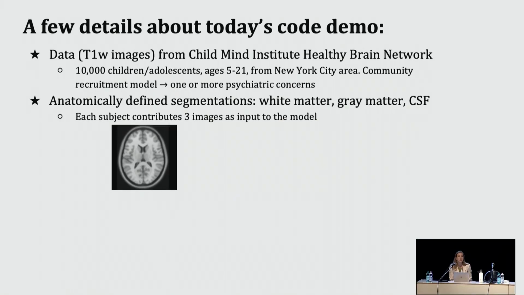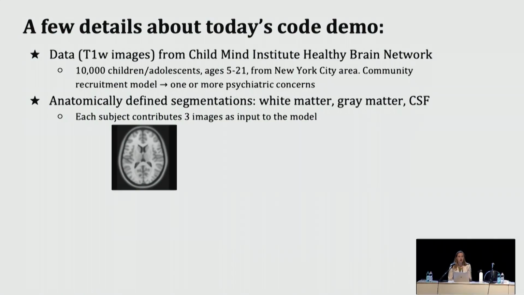So I wanted to use data today from the Child Mind Institute because it's a really great developmental data set that I think more people should know about, and it's much easier to gain access to. If you want to play around with it more when you get home, this data is really easy to access. They have structural data, functional data, and DTI. It's a very rich data source, and there's also a lot of phenotypic data if you're interested in applying this to something other than age prediction.